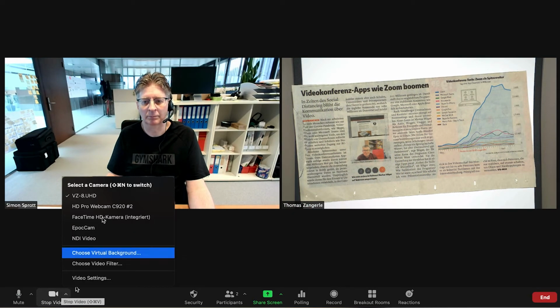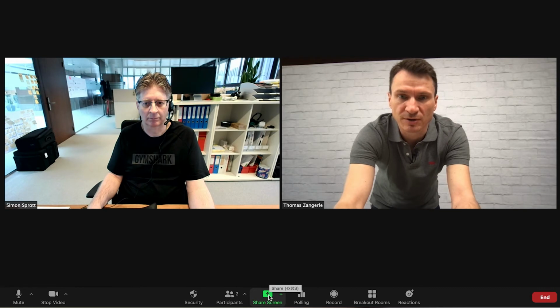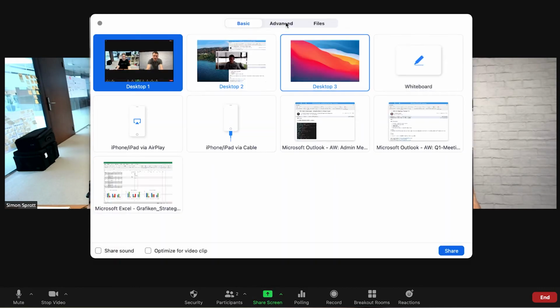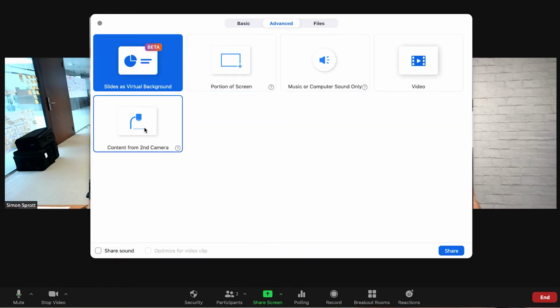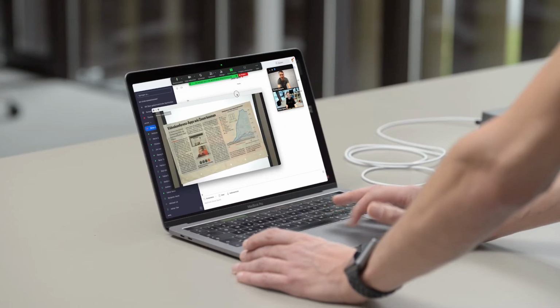With this second option, you share your screen and select the possibility in the Zoom Advanced menu to integrate a second camera. By doing this, your audience will see a higher resolution picture, and also very importantly, your attendees can still see you in an additional picture transferred by Zoom.